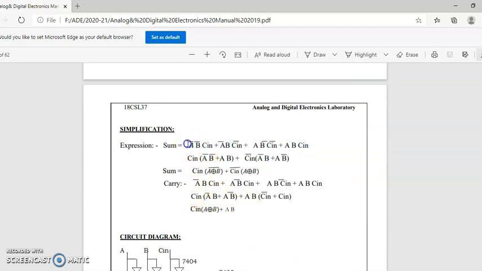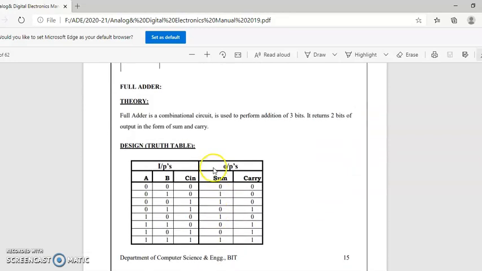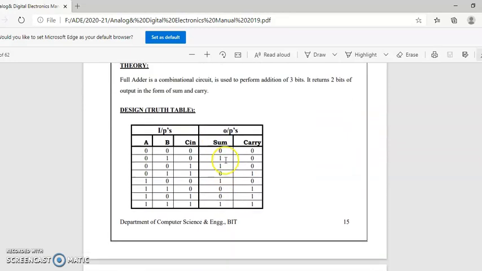Once we do this, we need to further simplify this. You can also write the summation m terms. What are we going to get? Wherever it is 1: summation m of 1, 2, 4, 7. That is for sum.